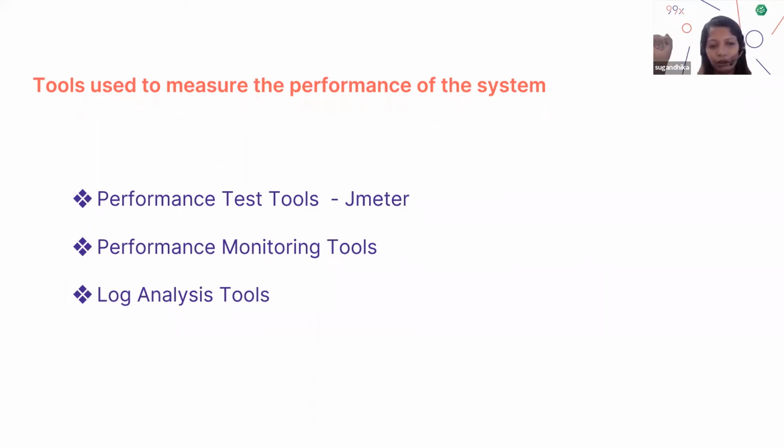Also log analysis tools, like Grafana and Logstash, will complement. Let's say you have implemented Grafana or Logstash in your application. If you are getting errors, you can see those error details and exceptions there, so you can fix them then and there. And if there are issues we can't identify from the error log in JMeter, they can be identified with a tool like Logstash. So that is something we can use.